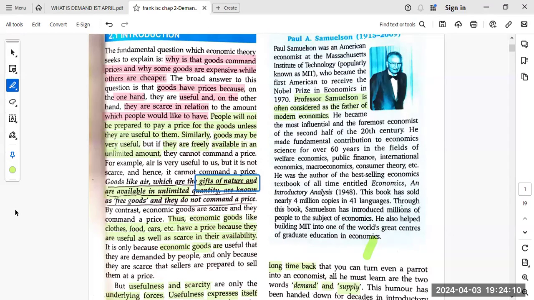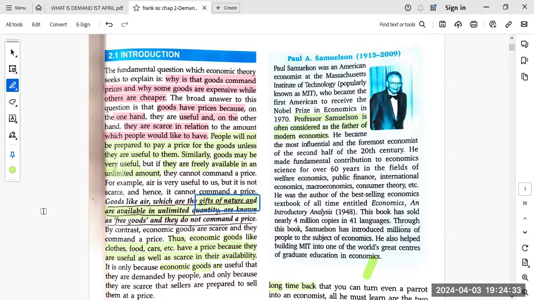Okay, then let me explain it in another way. The service which is rendered by your mother and father for you on a daily basis is a free service, a non-economic good. Good here means both physical goods and intangible goods, that is, goods and services. But the service rendered by the maid at your house, is it an economic good or non-economic good? It is an economic good, because for the services she is doing at your house, she is charging money. So free goods do not command a price.